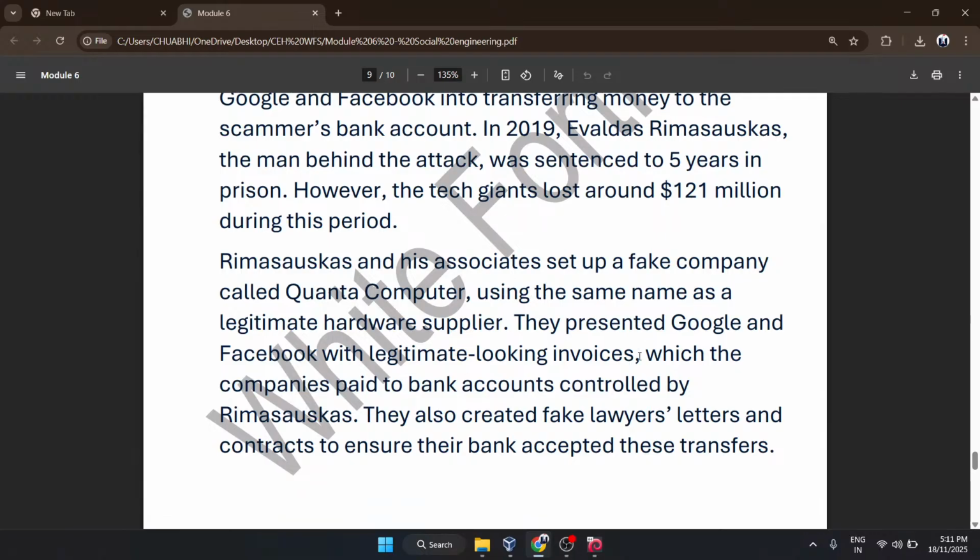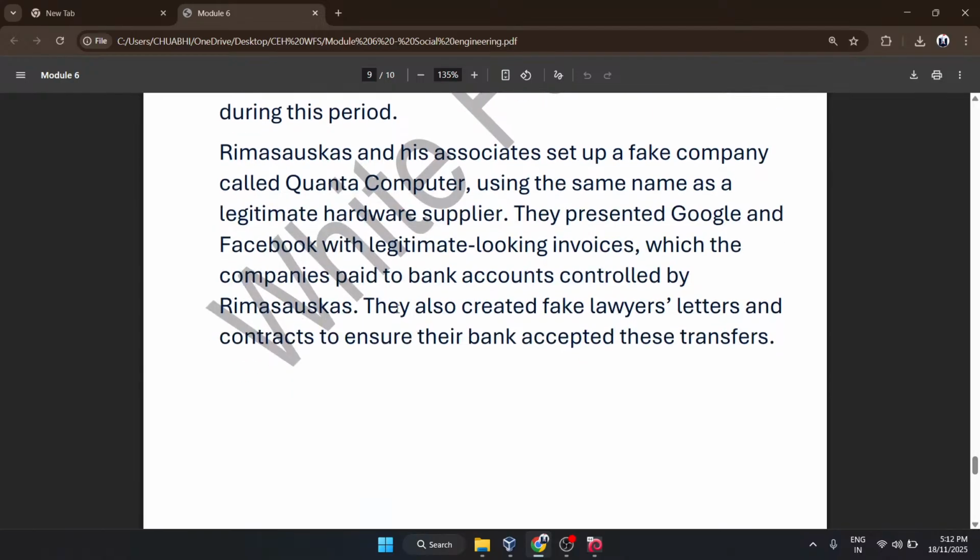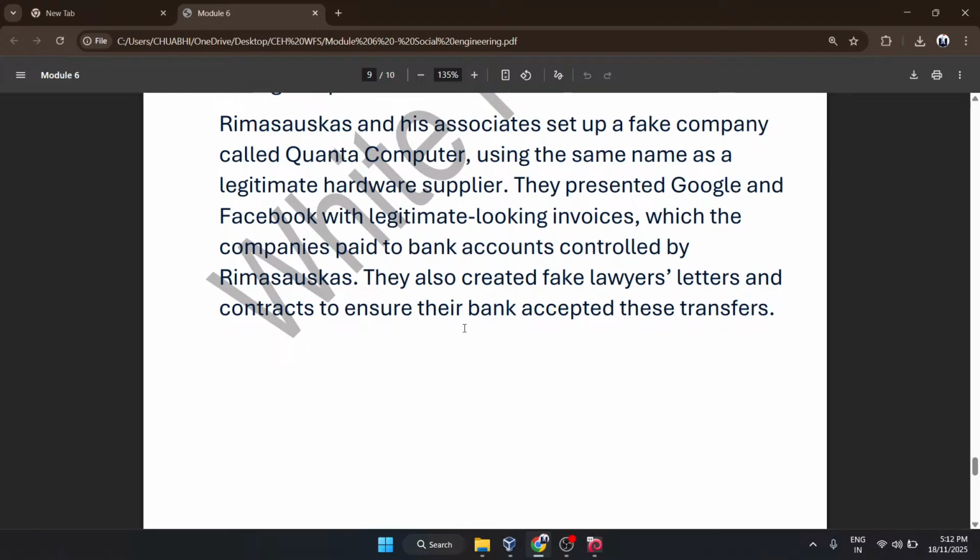Google and Facebook literally paid for all that fake stuff. They also created their own fake domain that was somewhat like Quanta Computers. They created fake lawyers' letters and contracts to ensure their bank accepted these transfers.